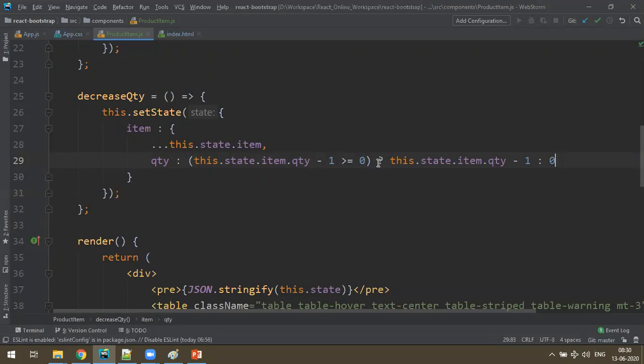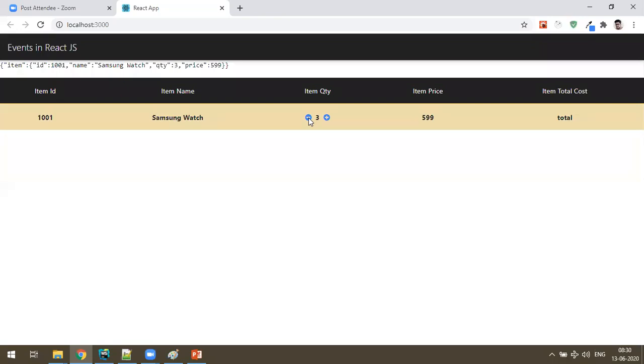So, some small condition I made. If it is more than 0, then display that quantity, otherwise just 0. Now check. If I click on this 0, even though you click, it's not reducing below 0. So the minimum you can make is 0, plus can be anything. Now it is not going to the minus numbers. Fine.